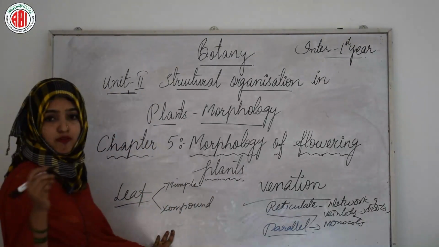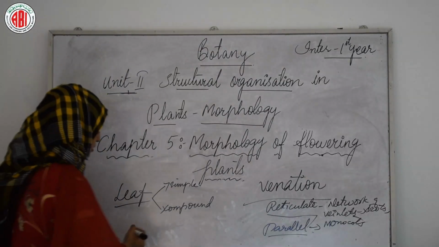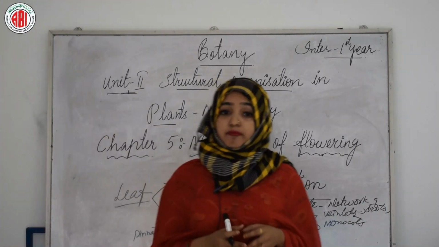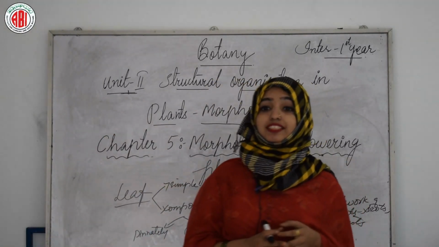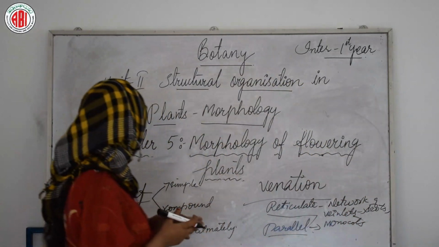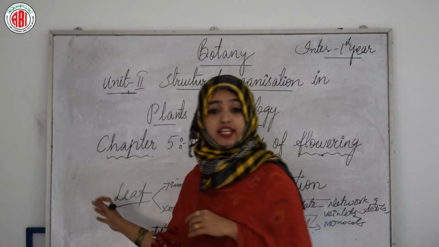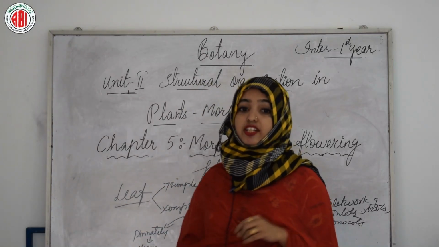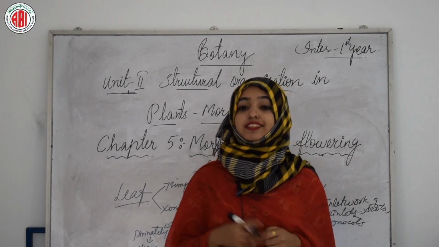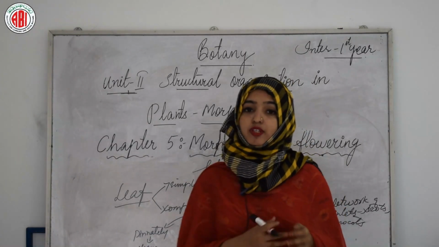So now if we proceed forward, we can see that the compound leaves are again classified into two types, that is pinnately compound leaves and palmately compound leaves. In a pinnately compound leaf, a number of leaflets are present on the common axis, that is called as rachis, and the best example for the pinnately compound leaves is the neem. And coming to the palmately compound leaves, the leaflets are attached at the common point, that is at the tip of the petiole. The example for this will be the silk cotton plant. So that was all about the types of leaves. Now let us move forward towards our next topic.